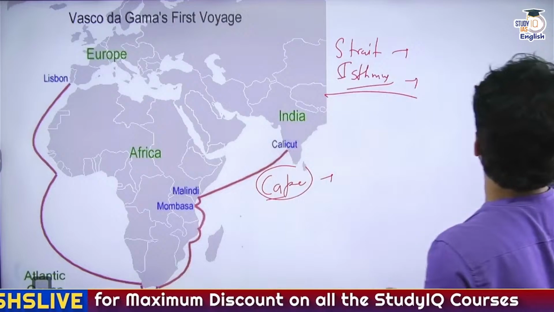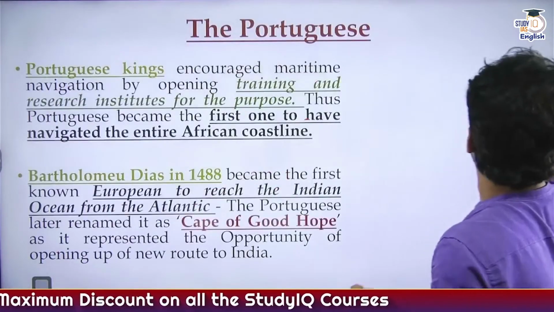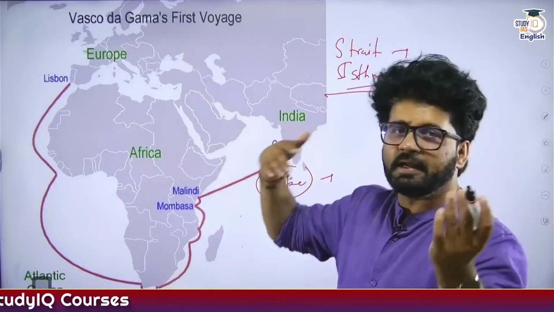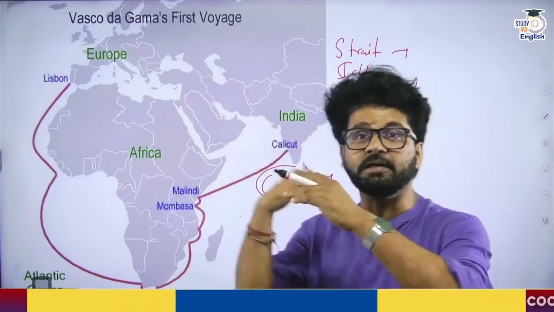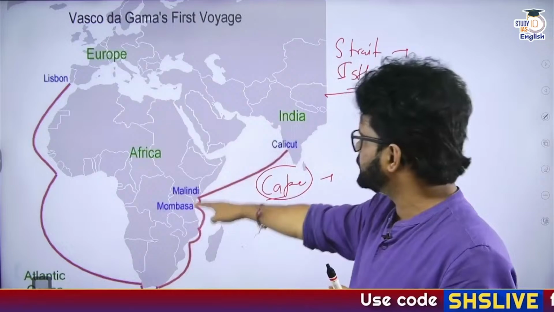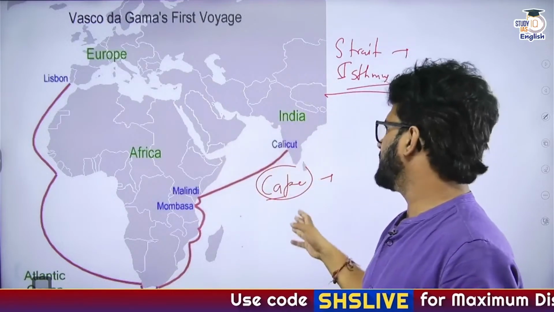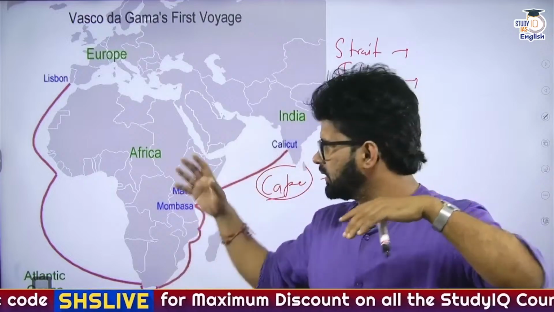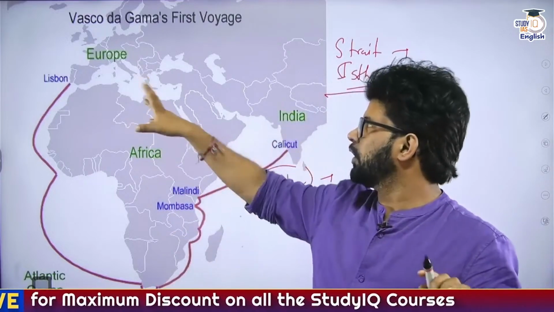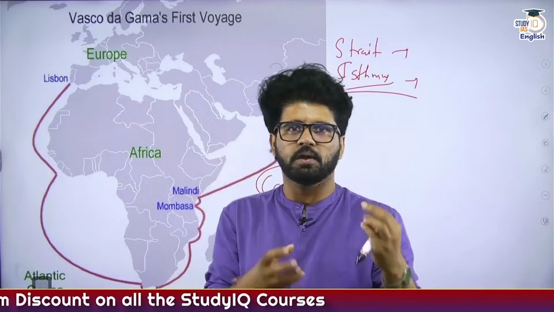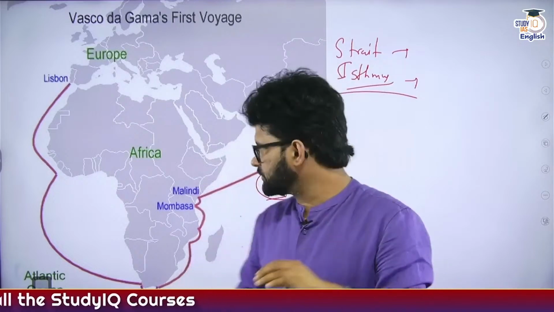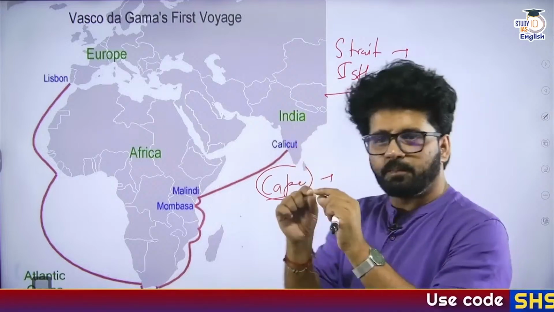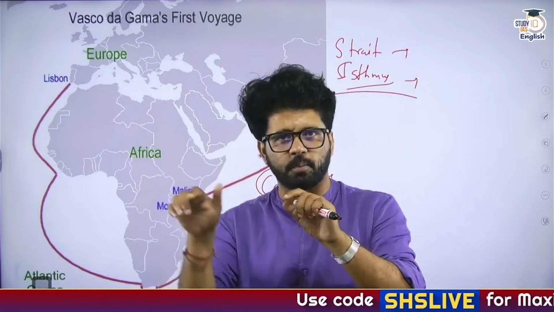So do look for these words. What do they mean? Fine. They named it Cape of Good Hope in 1488, and in 1498, 10 years after, Vasco da Gama did this voyage and came to India, Calicut. He came to India multiple times. He took goods from India and sold them at almost 50 times what he purchased them for, because this is not like going from one place to another place which is 6 kilometers away.